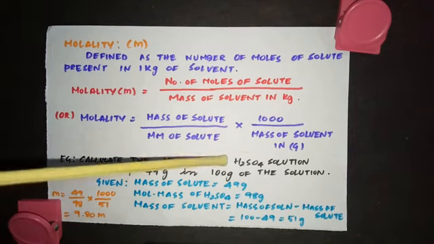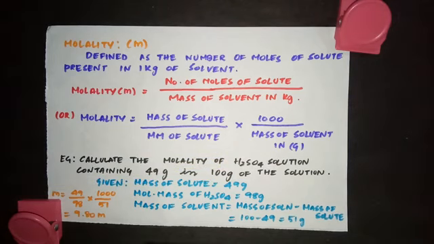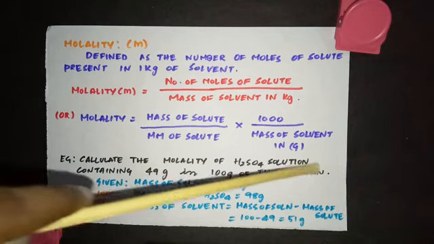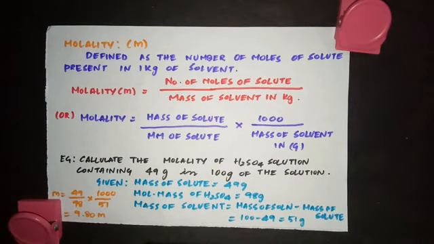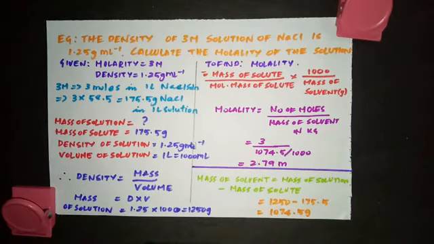When they say sulfuric acid solution, it means they are dissolving sulfuric acid in water. So sulfuric acid is the solute and water is the solvent. If the solution's mass is given, subtract the solute from the solution to find out the mass of the solvent. Now let's see one final example to understand this concept of molarity and molality. Remember one more thing, you have just two formulas for molarity and molality. Based on that concept, any number of questions can be asked.